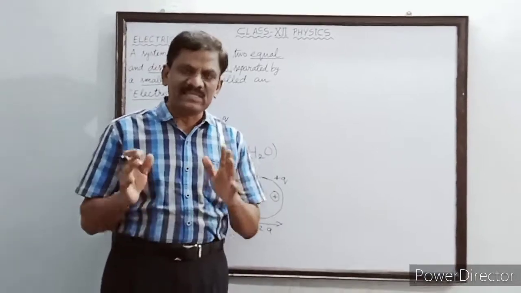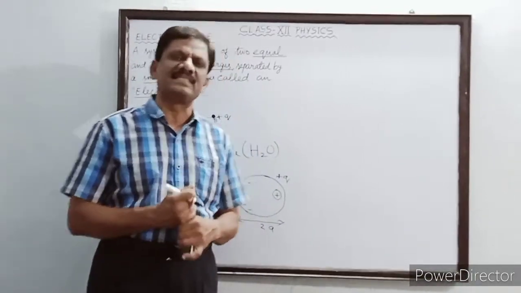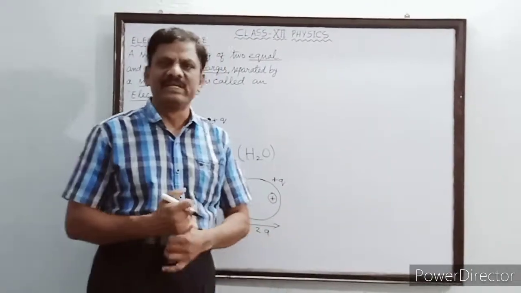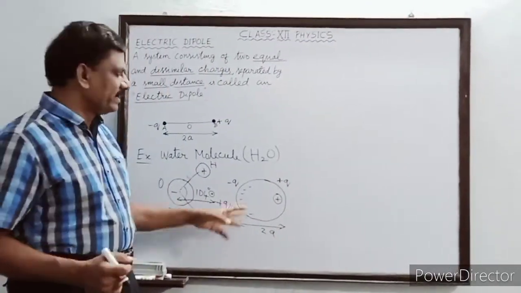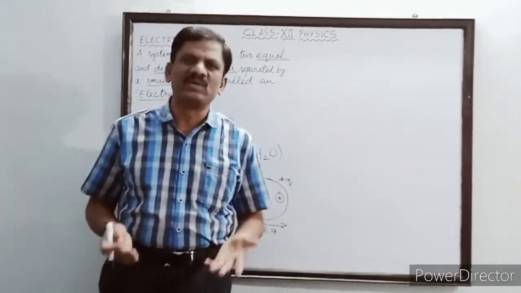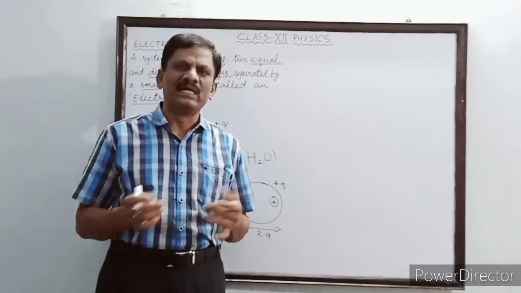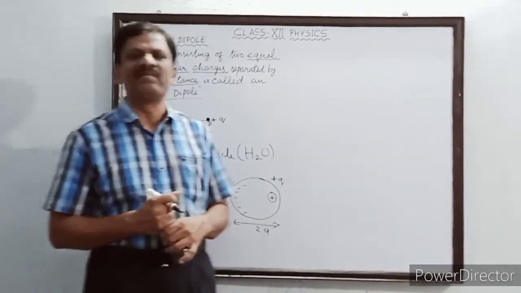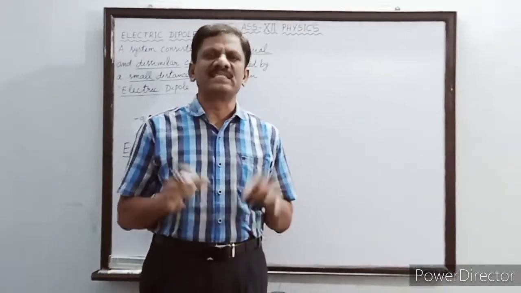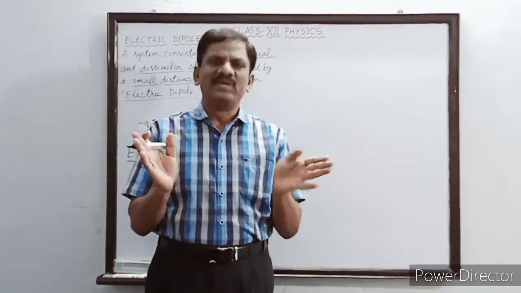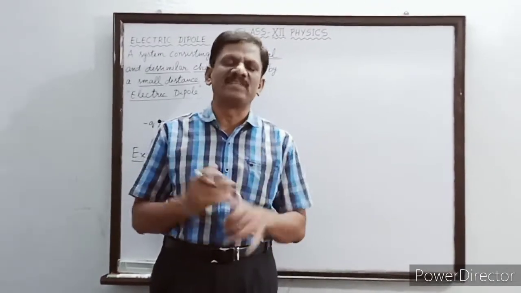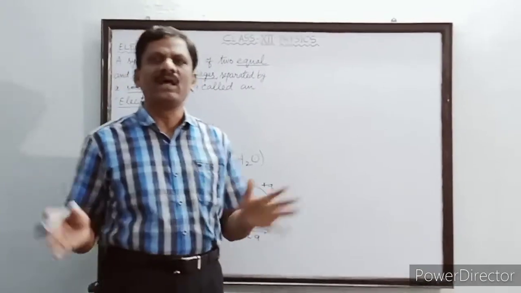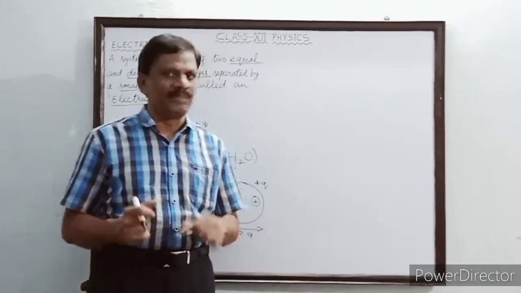So we should accept that an electric dipole consists of equal and opposite charges separated by a very small distance. Like this water molecule, there are some other molecules like HCl, ammonia, chloroform and so on. All these molecules are made up of charges, and these charges will be displaced from each other such that there is a distance of separation between the positive and negative charges present in them. So they all behave like electric dipoles.